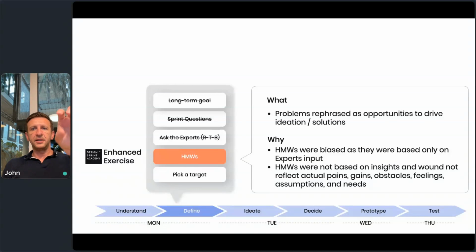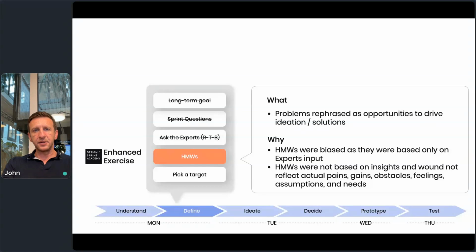So all of a sudden, you have 3 sources of information providing super valuable insights that the team can take, and then they have time to reflect, digest them, and then focus on the most important ones and turn those into how might we. If you do the exercise like this, you get much stronger and much more insightful how might we, which then can help you